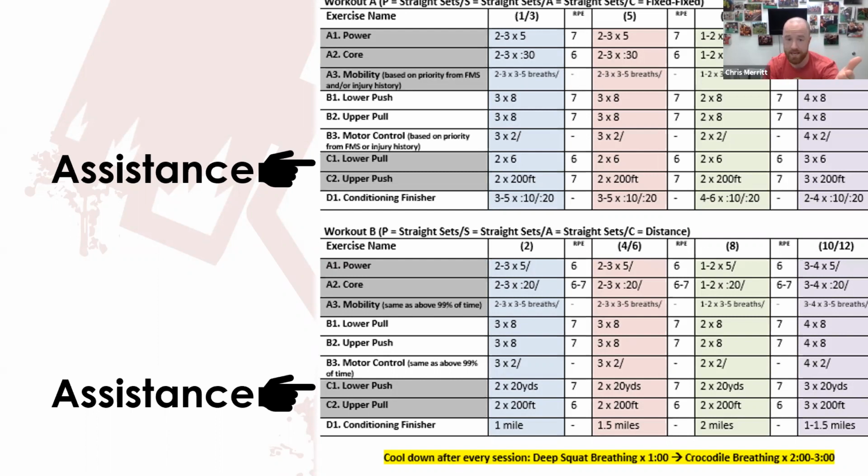So let's go back to the example I said before, where it was workout A. We said goblet squat, inverted row, bear crawl, hip CARs. All right, so we did lower push, upper pull. Now it's lower pull, upper push to round out the full body approach. And maybe it's not on there, it's 6, so it's not going to be a unilateral thing. So maybe it's going to be